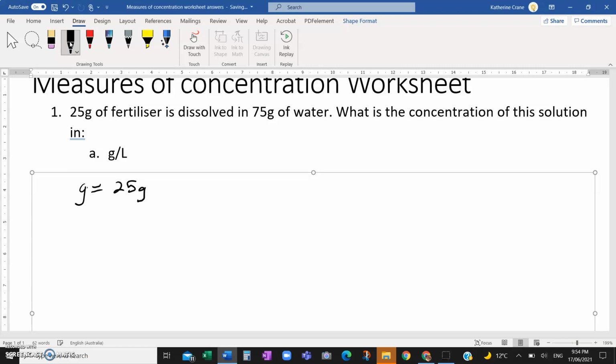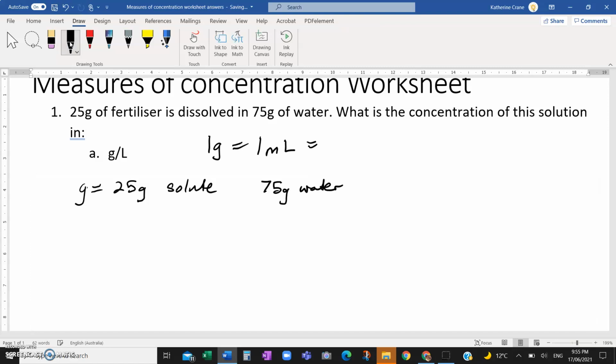25 grams of fertilizer, so that's your solute. And you have 75 grams of water. Now, we assume that 1 mil of water equals 1 gram of water, okay? And with that, we know if we have 75 grams of water, we have 75 mils of water. And that's because water's density is 1 gram per mil. So with 75 mils, we actually need that in litres, and so we know that,